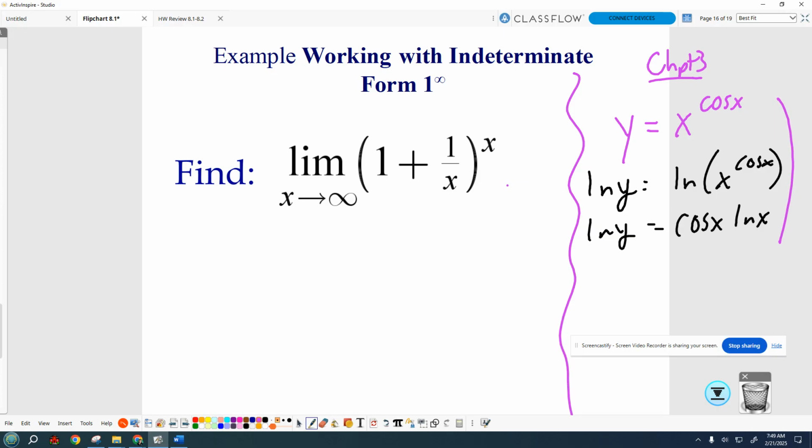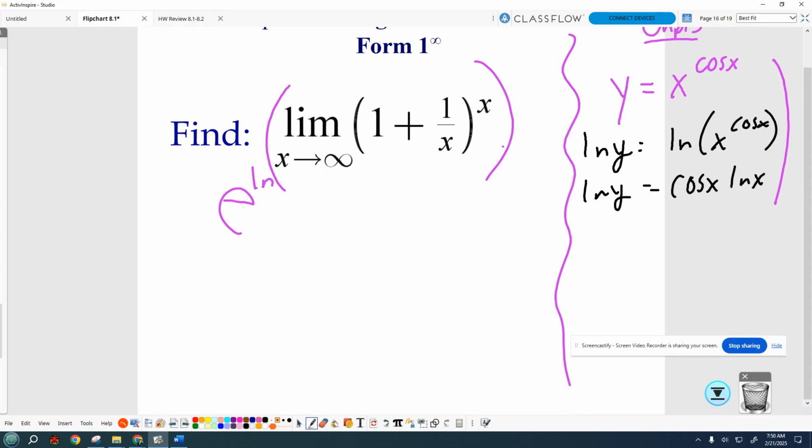So I'm going to say e to the ln of all of that jazz. Kind of weird. And the reason for the reminder about limit, I'm gonna trade places here. I'm going to pull the limit out, and now I'm going to